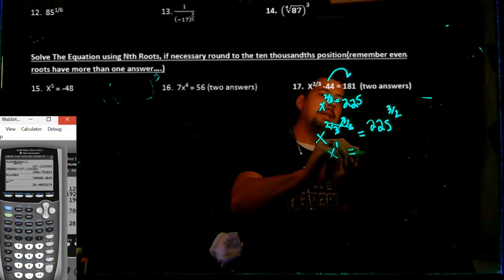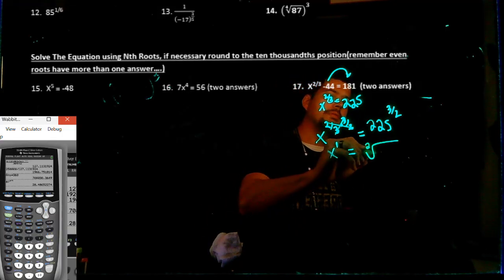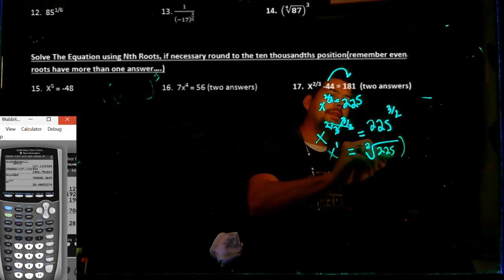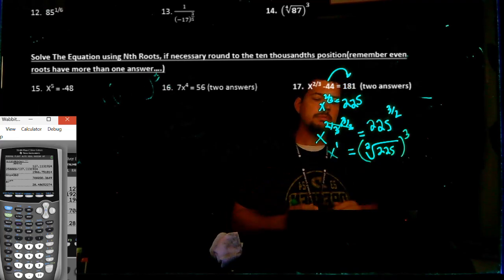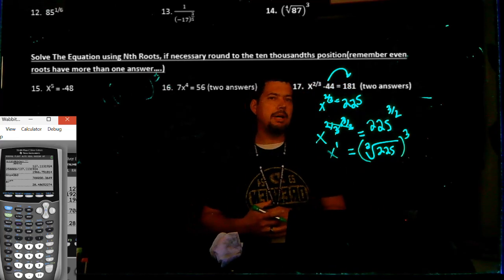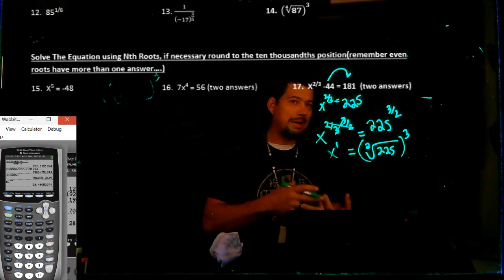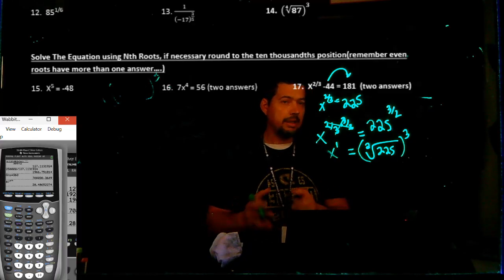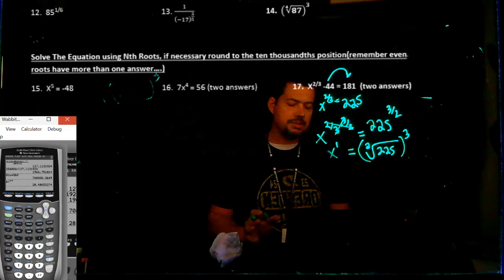What we're doing on the right-hand side is taking the square root of 225, and then we're going to cube it. Now, the square root of 225 is plus or minus 15, I promise you. And if you're the kid who just goes to your calculator,